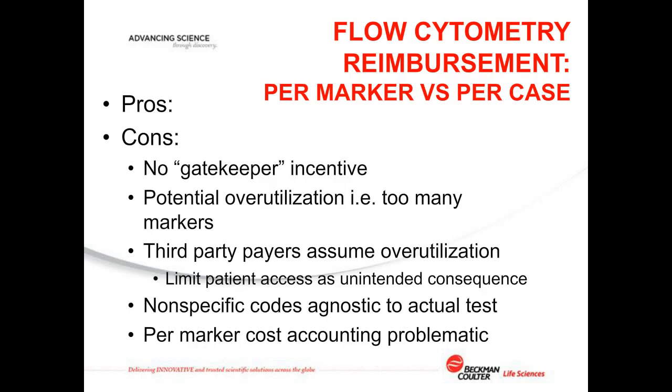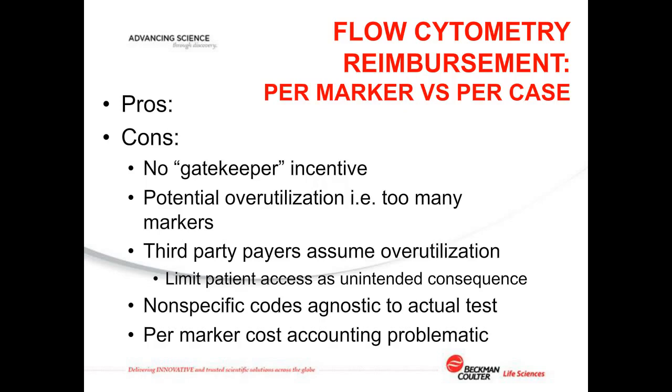So in this instance, the potential overutilization really speaks to too many markers. So what happens is that third-party payers, again, will assume overutilization and put in place policies that try to limit the number of markers that are actually being run, either by not funding or in some cases arguing that you should be doing fewer markers when, of course, you actually should not. That's driven by medical